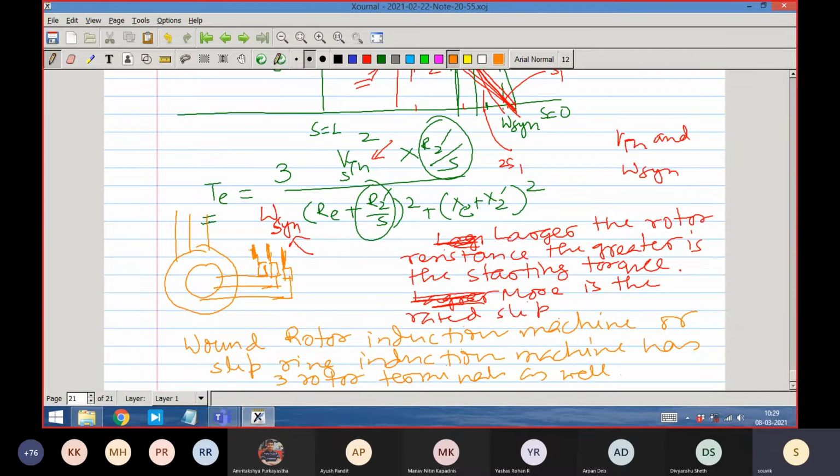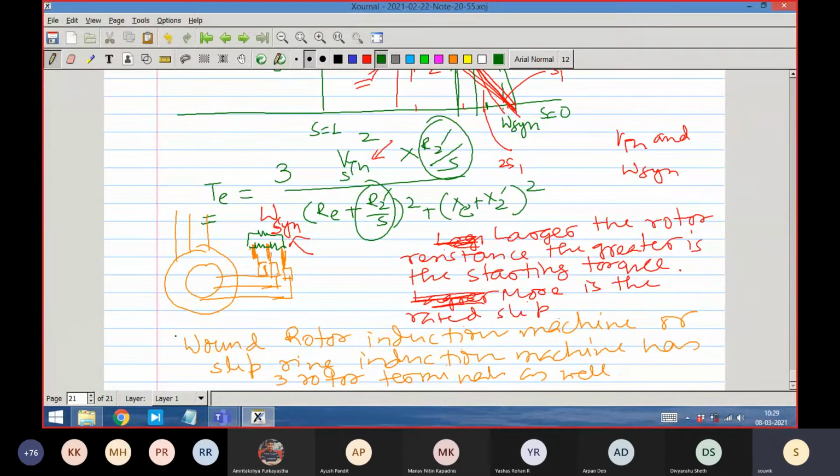So here you can add extra resistances like this. They will be reflected as additional rotor resistance. What is possible in this machine? We have seen that a higher resistance at start is good because the machine will produce higher starting torque. But it is not good if that resistance stays connected at rated running condition.